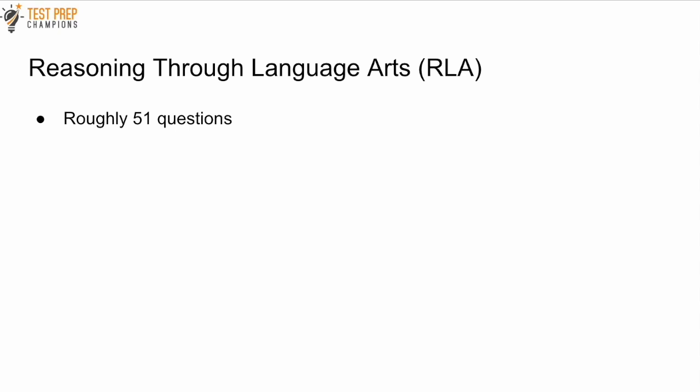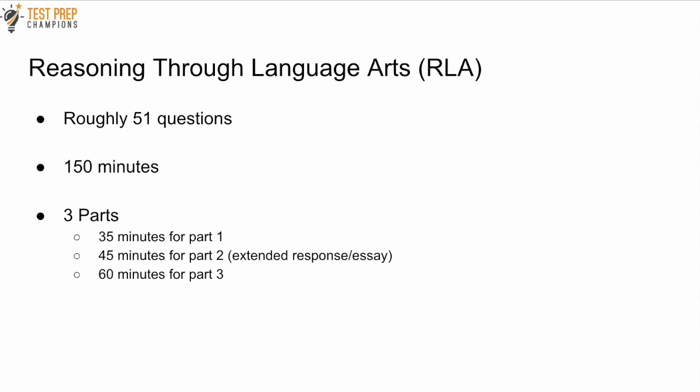So on the RLA section, there will be roughly 51 questions. You'll have 150 minutes for this section, and the section is split into three parts. You'll have 35 minutes for part 1, 45 minutes for part 2, which is the extended response, also known as the essay, which I'll be talking about more later on in the video, and you'll have a third part that's